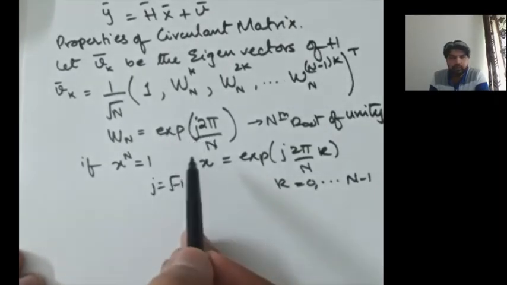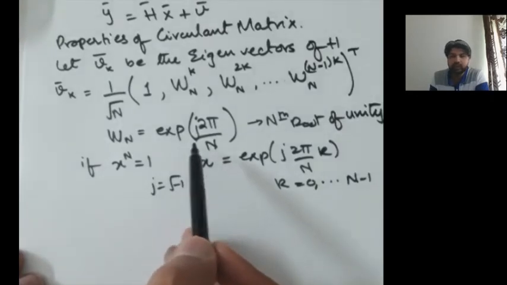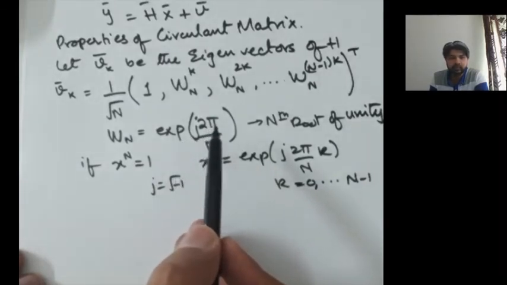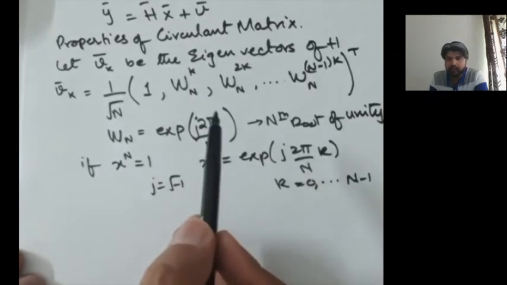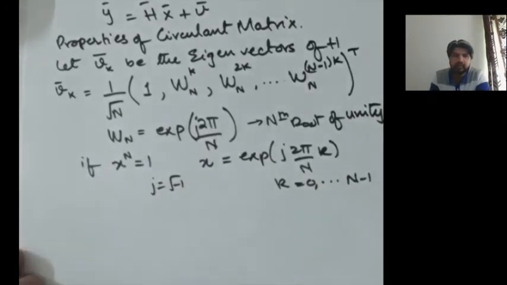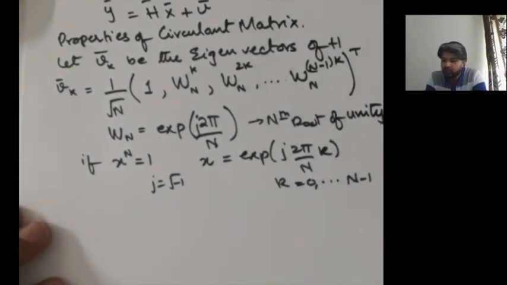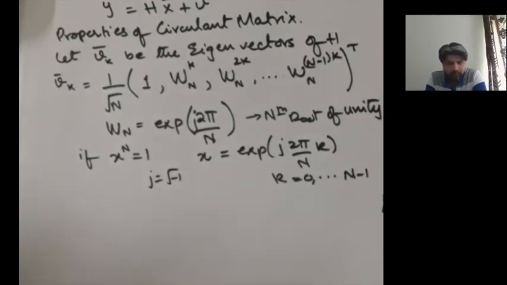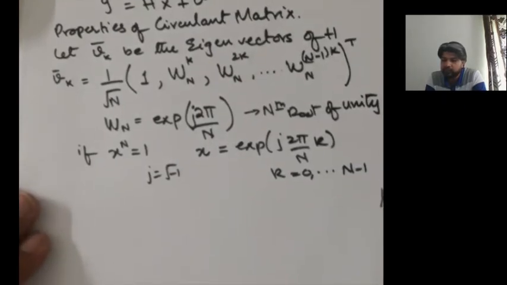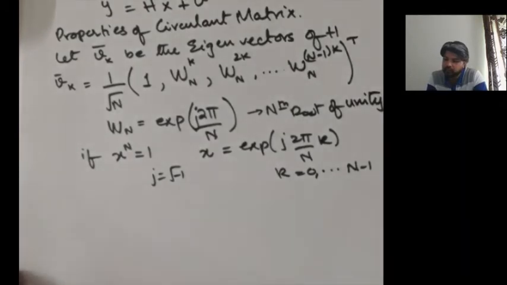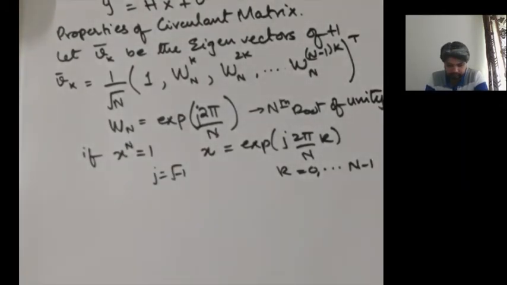And you can probably guess that this matrix should work as the Fourier matrix per se, because e to the power j 2 pi by n times k, you multiply that and then sum them together, that allows you to compute the discrete Fourier transform of a signal x of n. So that is where we are going, because this OFDM symbol is nothing but an IFFT, an IDFT implementation. So we would make use of these eigenvectors there, right?